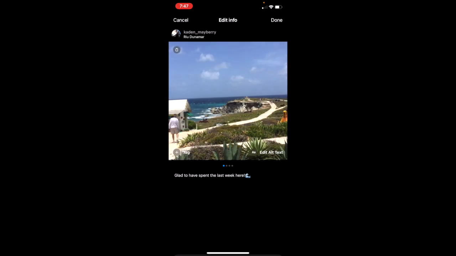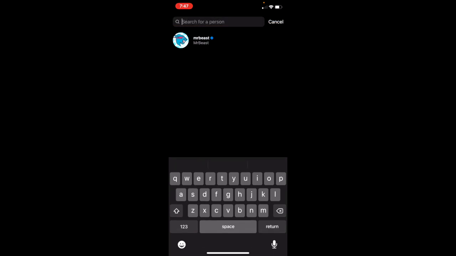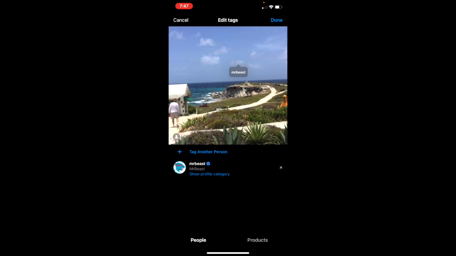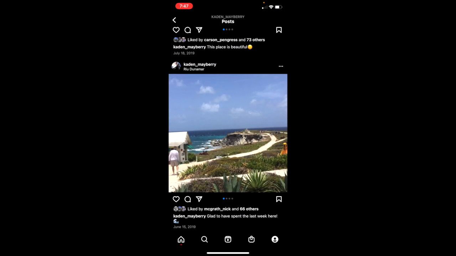Tag people. You can click anywhere on the photo and then just look up somebody. So I'll just do Mr. Beast, and then you just click done, and then you'll be able to tag them. And then, so now if you want to tag somebody in a future post, all you want to do is